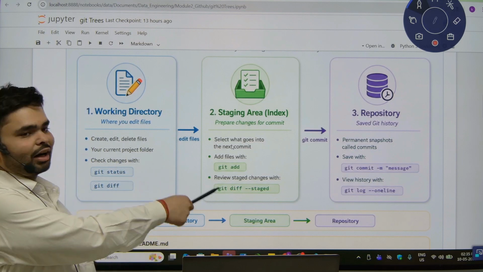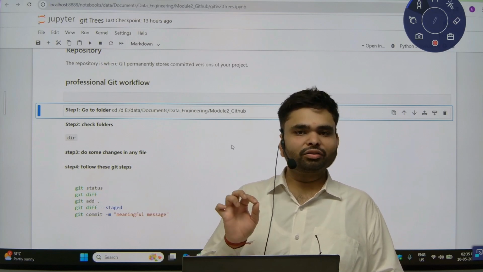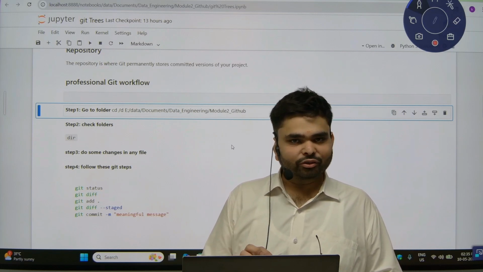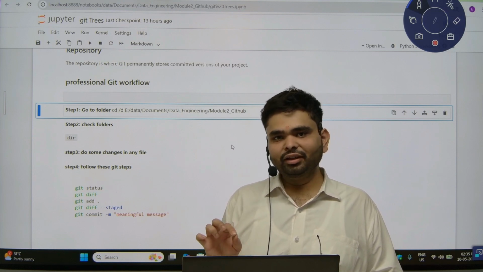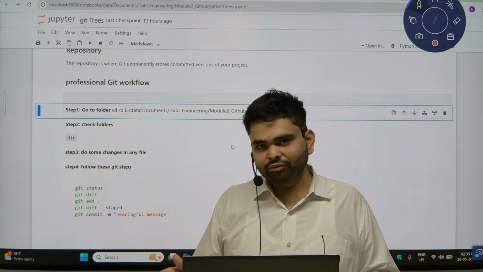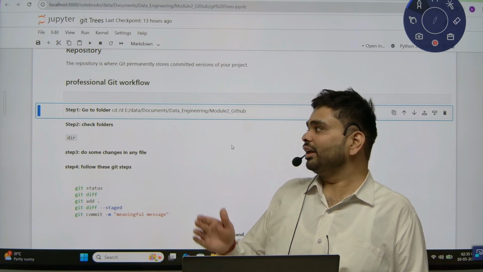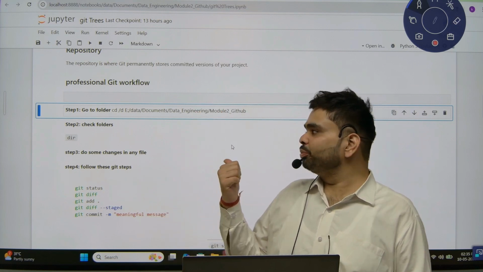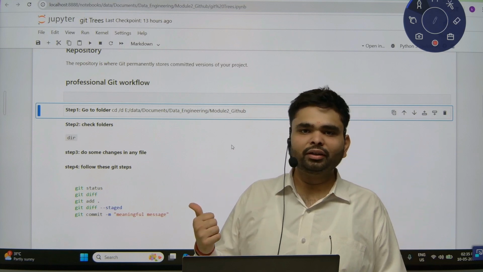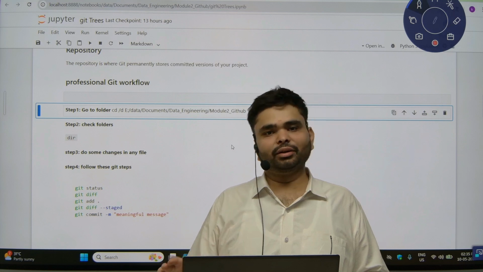We will come to this graph later on. You have to open two things here. First one is VS Code. In VS Code, we will do the changes. Second one is the command line. Now again I am saying, please watch the previous lectures so that you can clearly understand this concept. Second thing, I am using the Jupyter Notebook for making notes only. It doesn't have any role in the code implementation or in the GitHub.